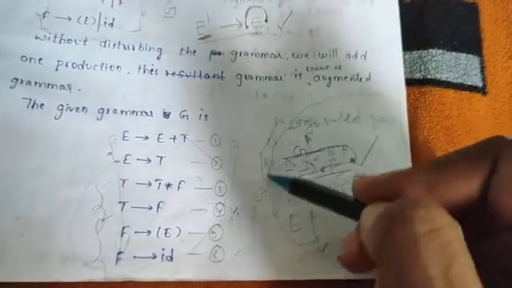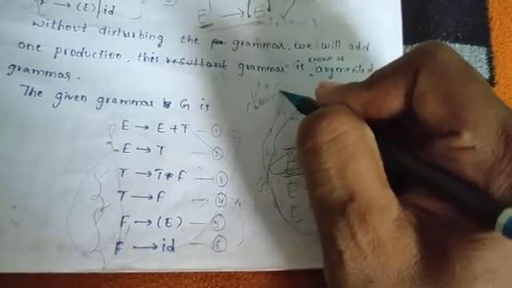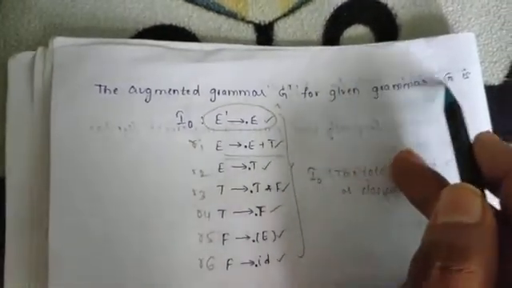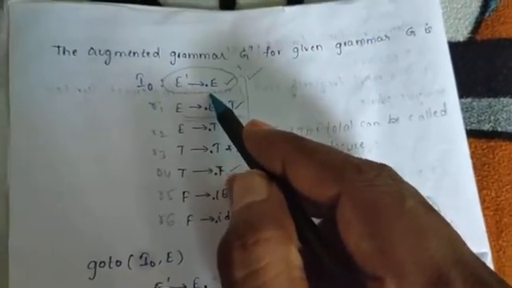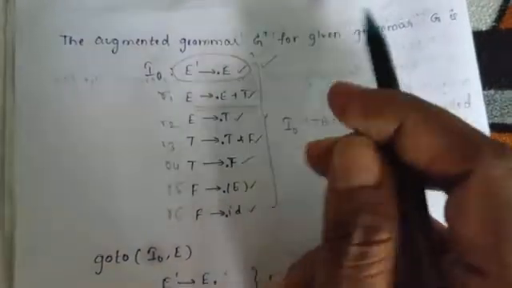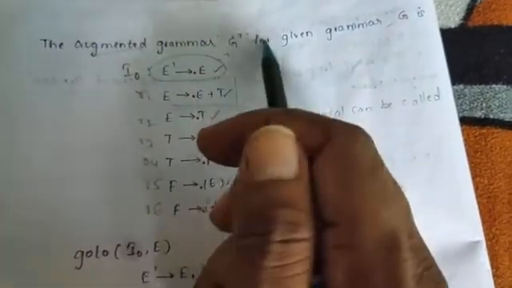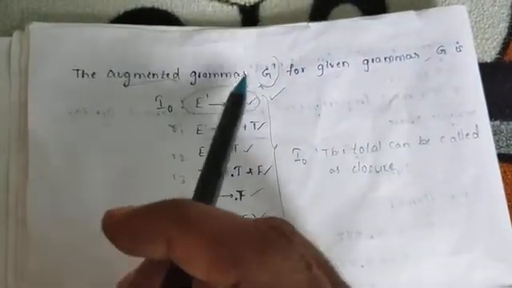Then this entire thing should be called the closure of I, that should be maintained in this production. Here the first element should be this augmented grammar G dash. Why? Because it is given from grammar G. While adding this, this is an imaginary thing, it is not given in our production. For that reason, the grammar G will be called an augmented grammar. Augmented is nothing but imaginary. So this G dash means this is a production of G. For that reason, it should be called an augmented grammar of G.